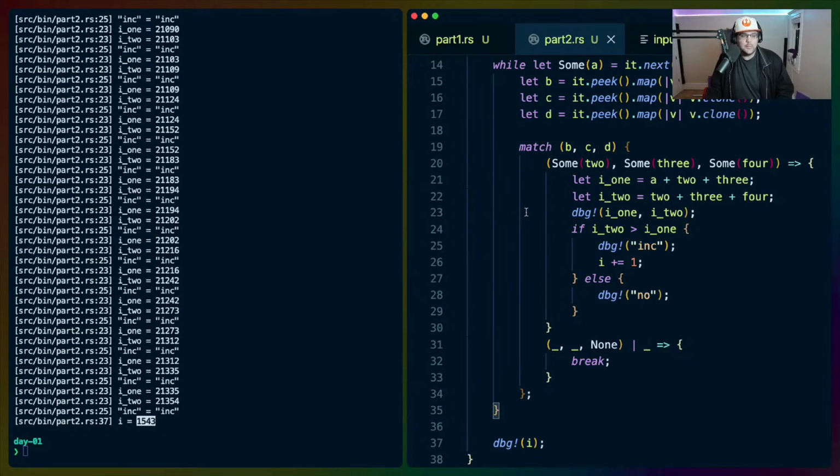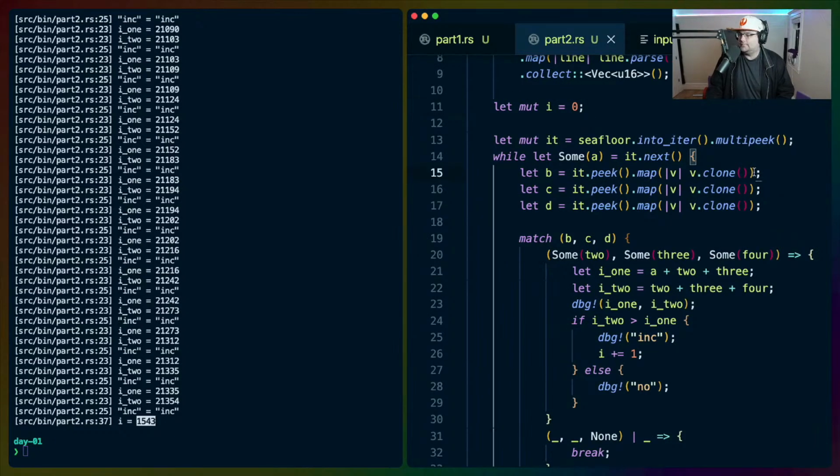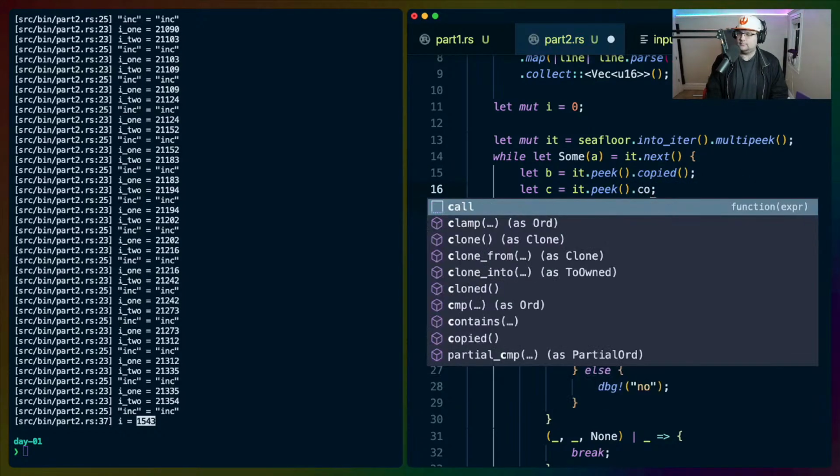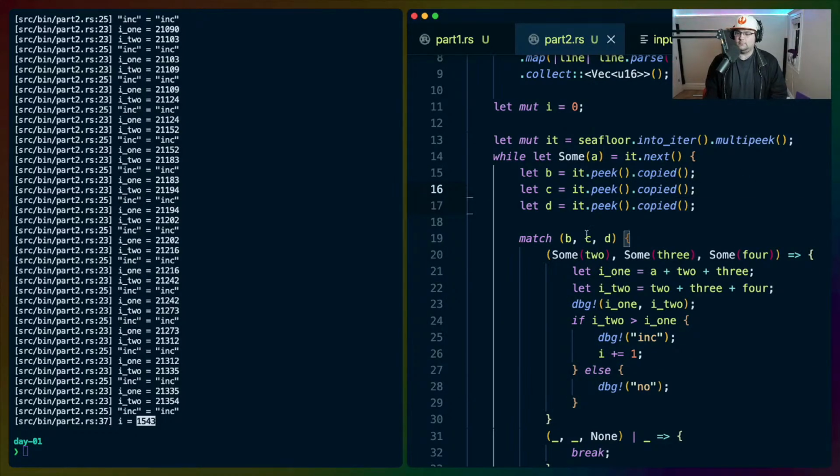Could you copy the option, like it.peek.copy, same as copying a pointer? Yes, because copy will copy the bits of the u16, which is effectively the same thing that I believe clone does. So this should also work.